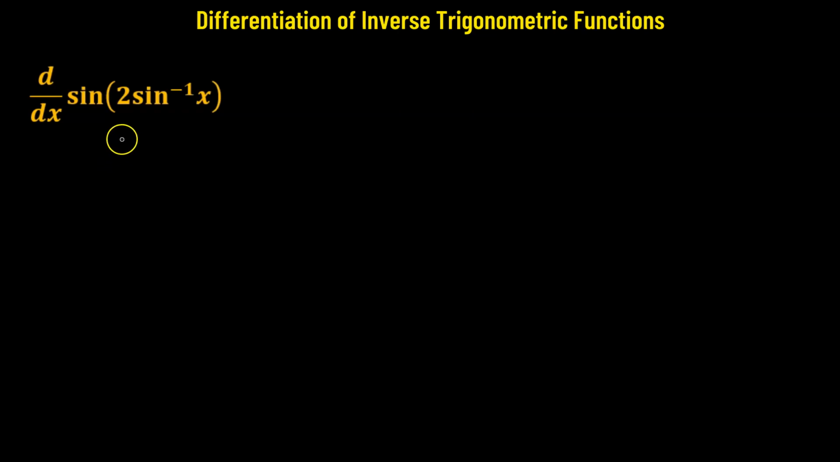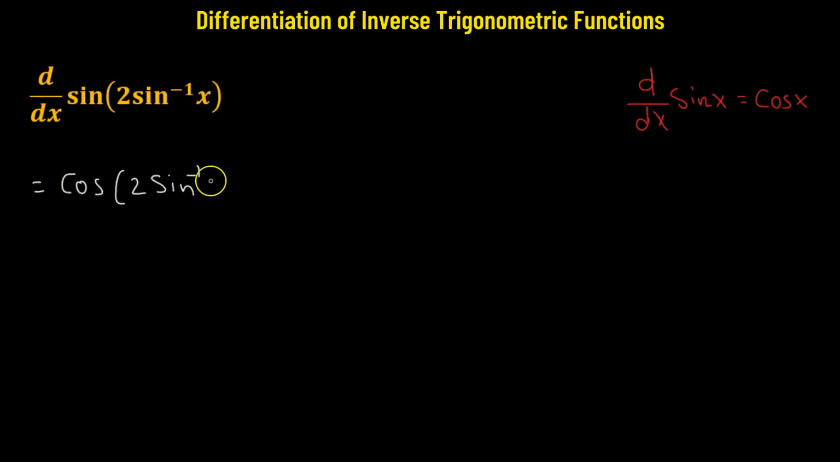So let's differentiate sine of 2 sine inverse of x. So first we'll apply the derivative of the sine function. We know that the derivative of sine x is cosine of x. So that means for sine of 2 sine inverse of x, that's going to give us cosine of 2 sine inverse of x multiplied by, so we have to apply